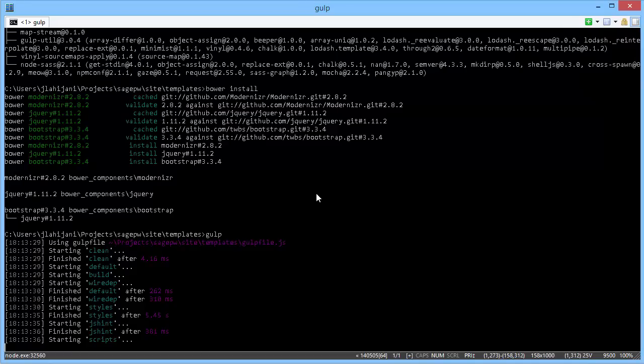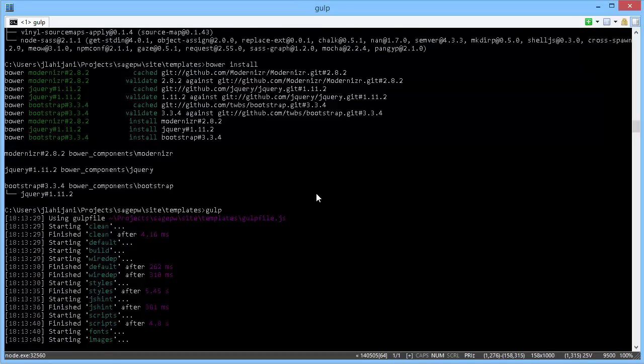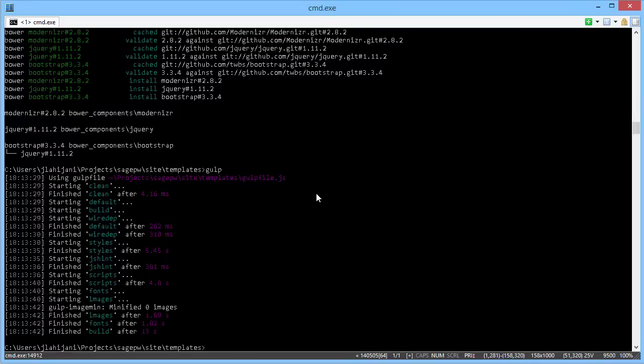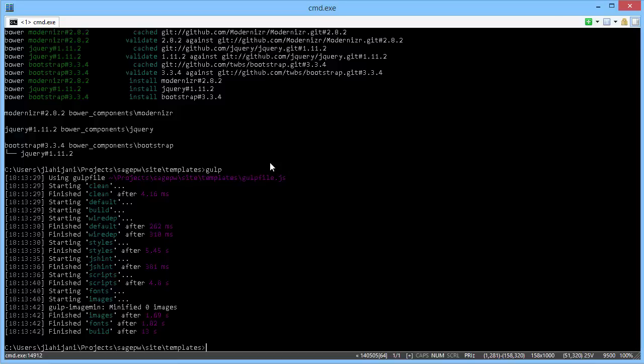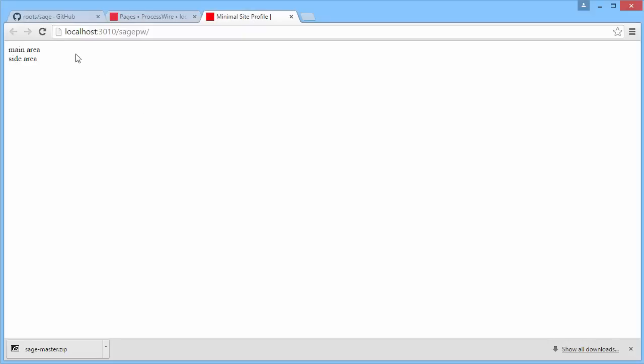So it's building the styles, the JavaScript, and it's making a folder called dist, and everything gets minified, and pretty much whatever's in the gulpfile.js gets run accordingly, and it packages everything up nice and neatly. So you can learn more about what goes on there by reading the gulp file and also visiting the Sage website. It's pretty much the same process whether you're in ProcessWire or WordPress at this point. And so now that it's been built, if we refresh the site,